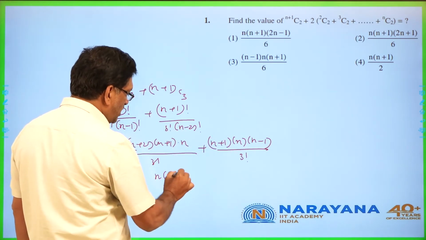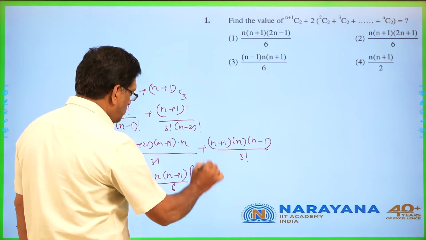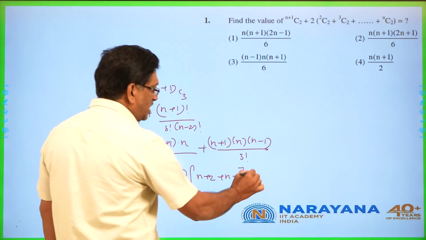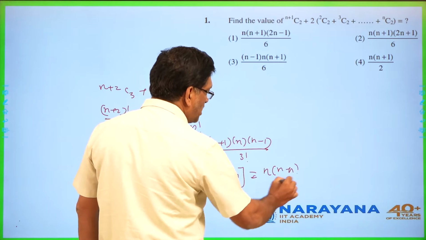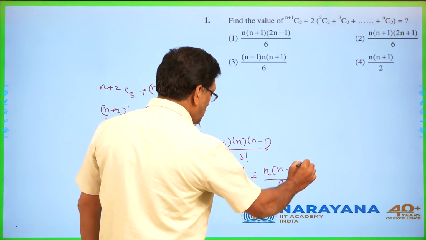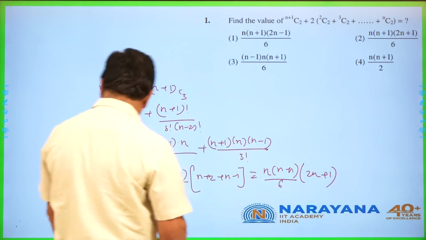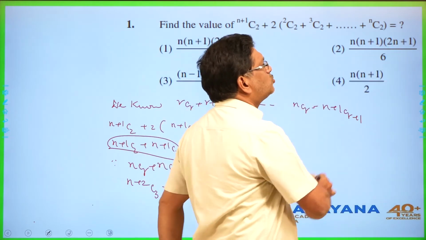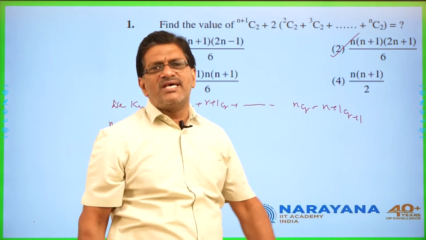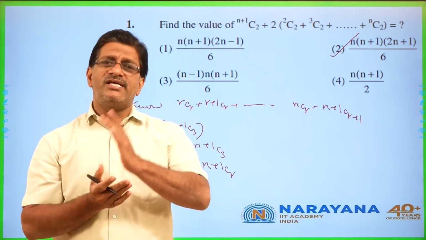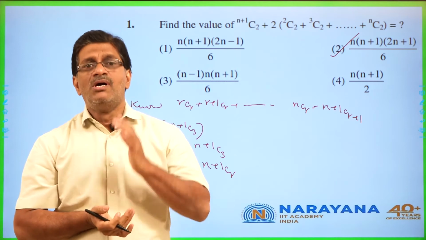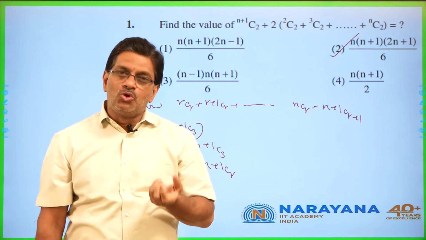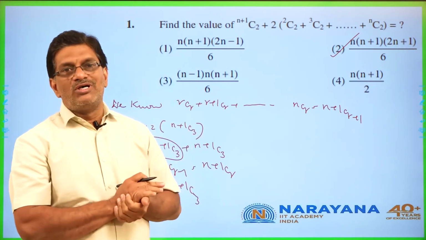From these two, n and n plus 1 I can take common, by 6. Then this is n plus 2 plus n minus 1, that is nothing but n into n plus 1 by 6 of 2n plus 1. If you go to the options, this is clearly n into n plus 1 into 2n plus 1 by 6. So if you remember the properties, we can easily complete problems on the binomial theorem. Particularly in the case of binomial coefficients like this, by putting n equals 2, 3 also we can solve, right? Let us move on to the second question.